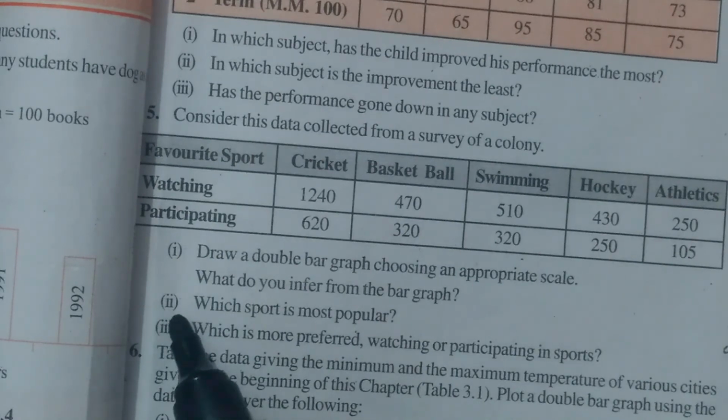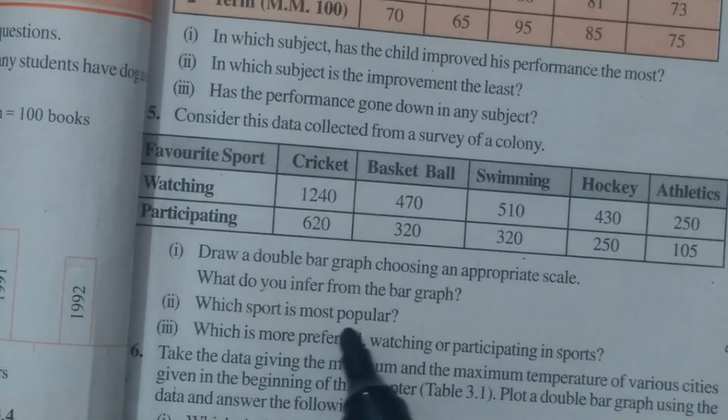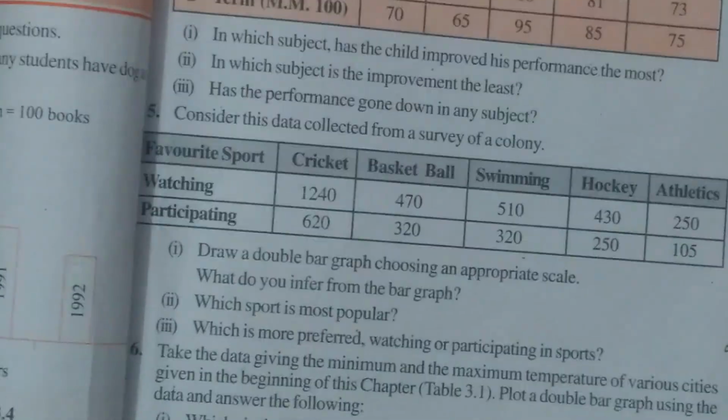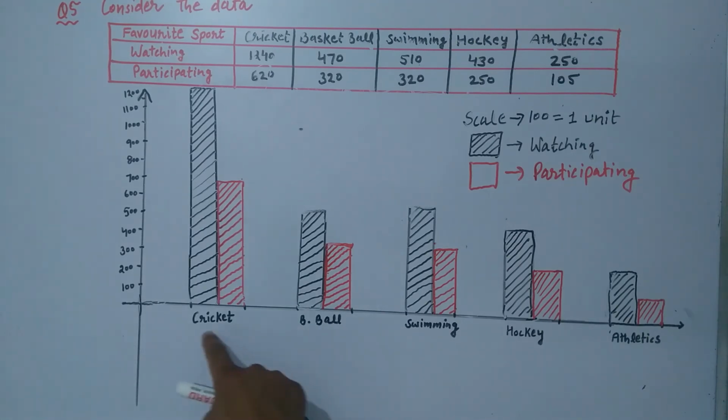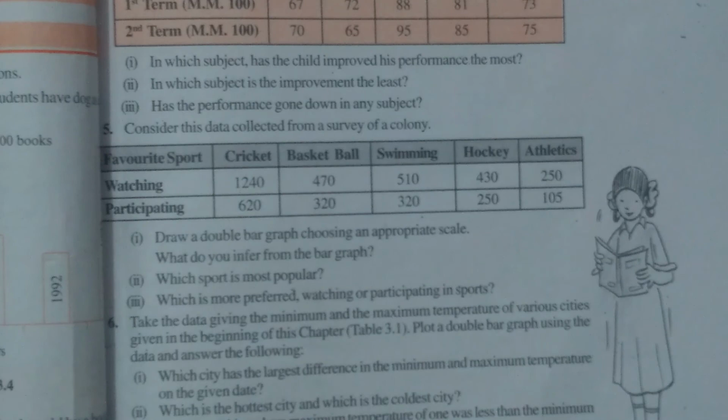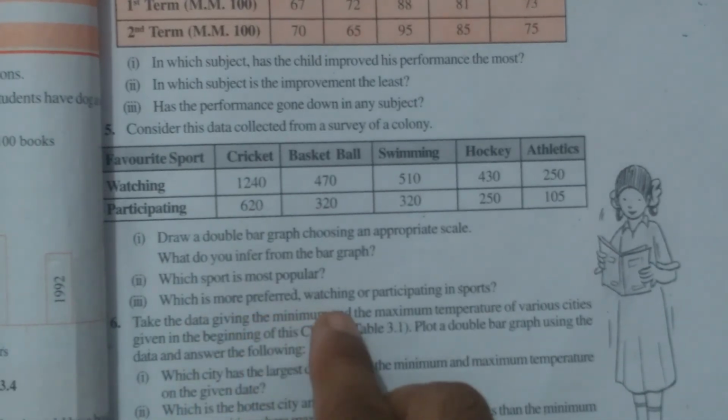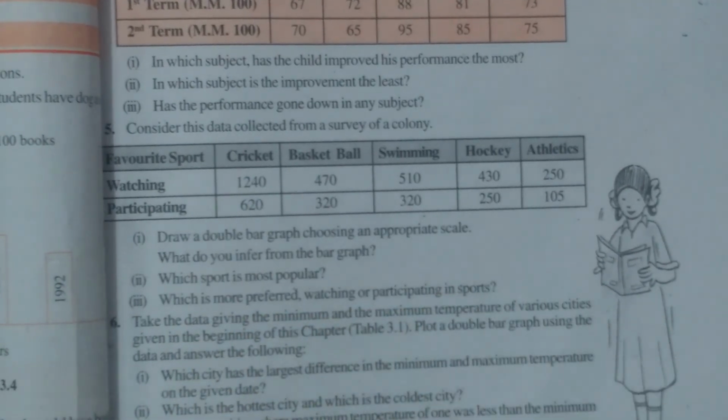Second question is, which sport is most popular? Here we see that the height of the bars in cricket is the most. So cricket is the most popular game according to this. The last part is, which is more preferred, watching or participating in sports? So further in the bar graph